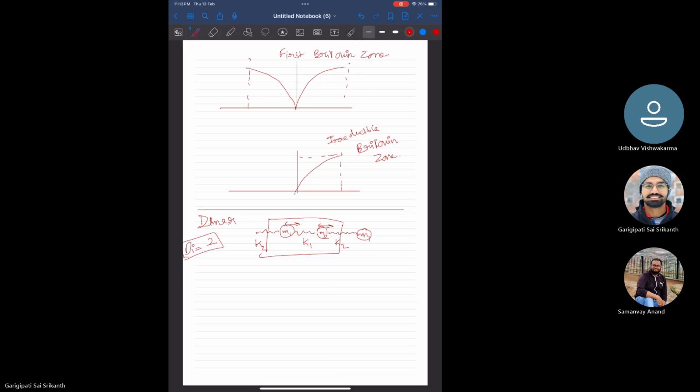Now, let's see what we observe. Before that, this is a general dimer. Why do we call this a general dimer? This will be very clear. But there are two more dimers, just subsets sort of. One is a stiffness dimer. One is a mass dimer. A stiffness dimer is basically